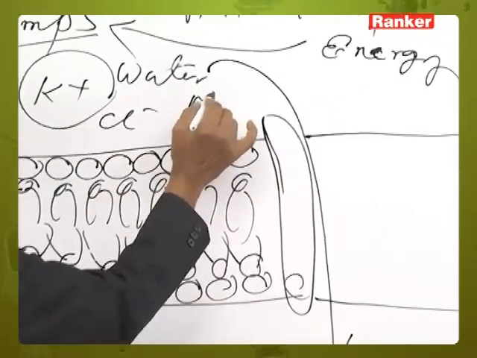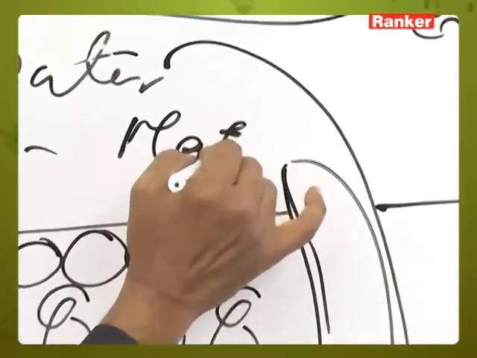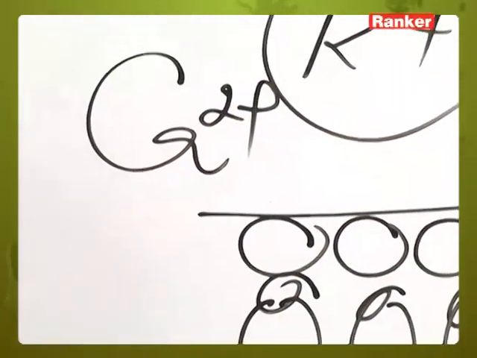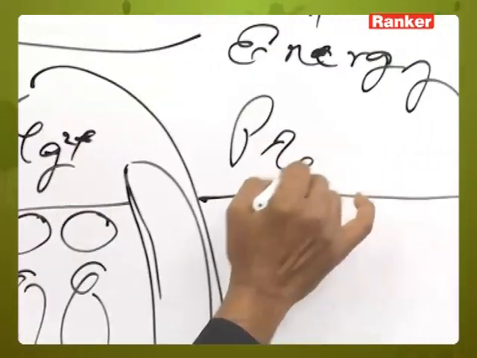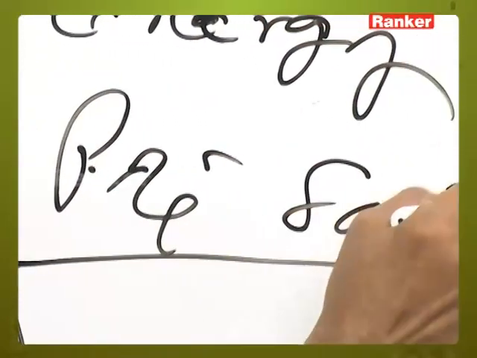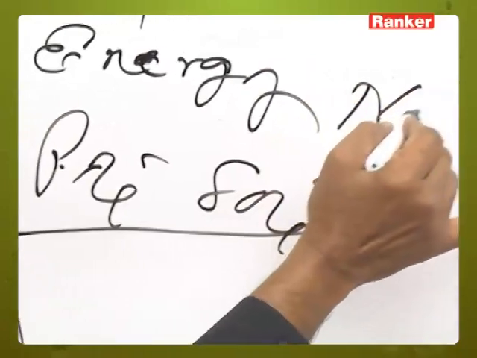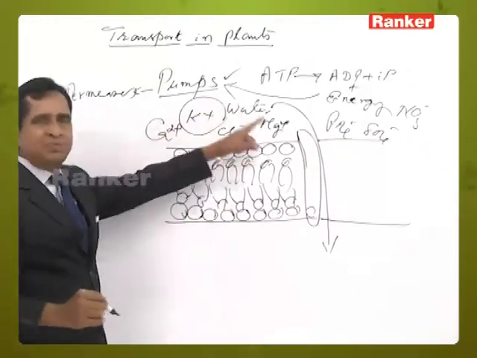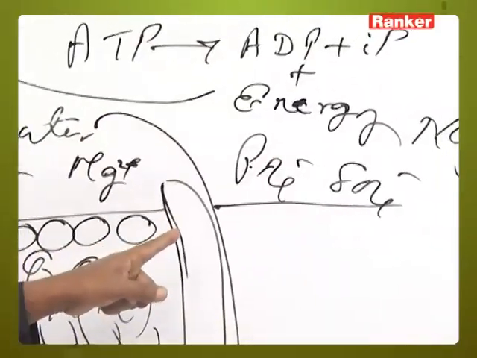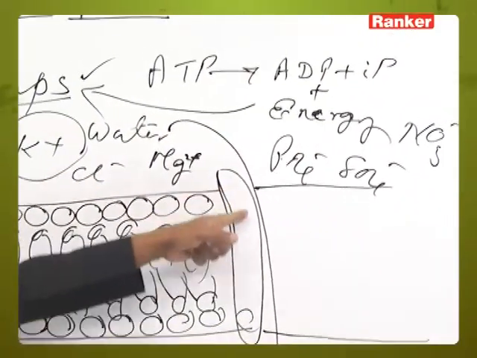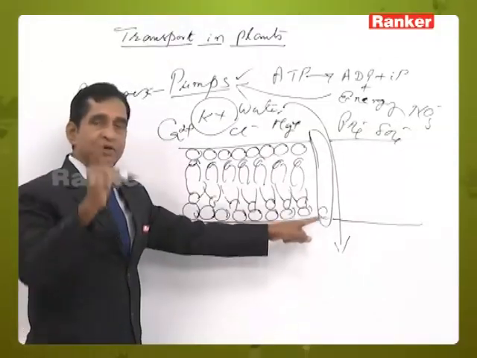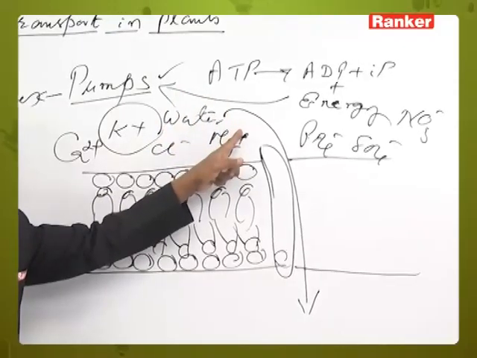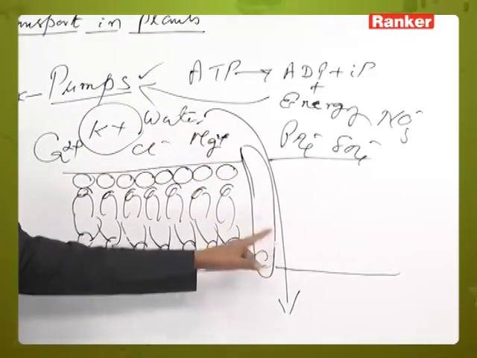Similarly, for the movement of magnesium or calcium, phosphates, sulfates, nitrates, all these molecules should have the specific transporters, and those specific transporters are the specific pumps, and these pumps may